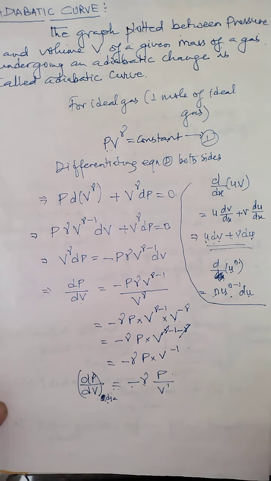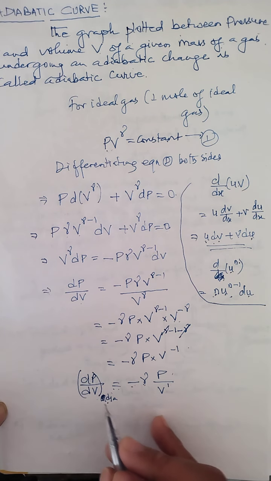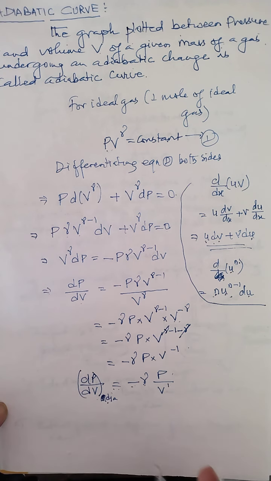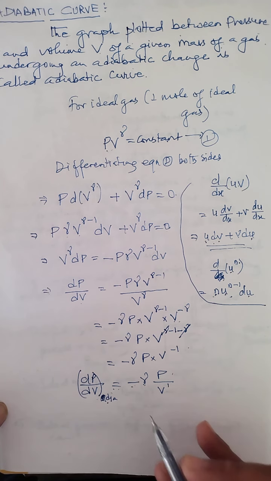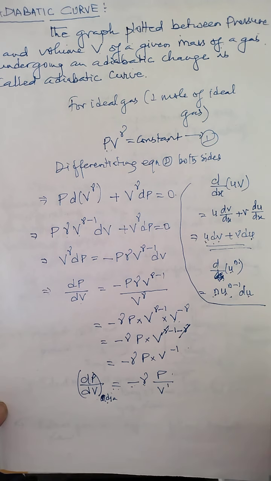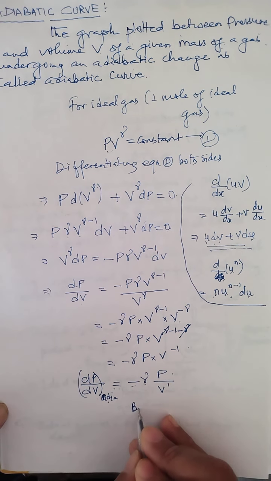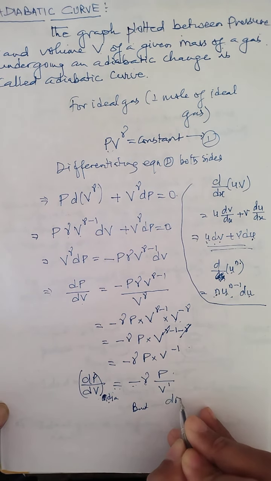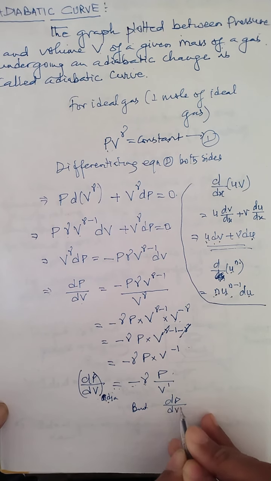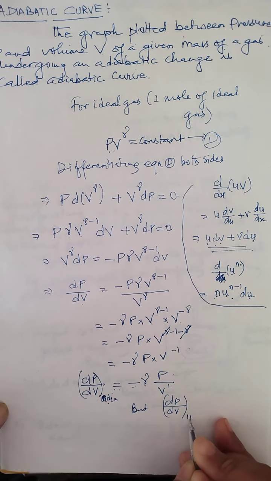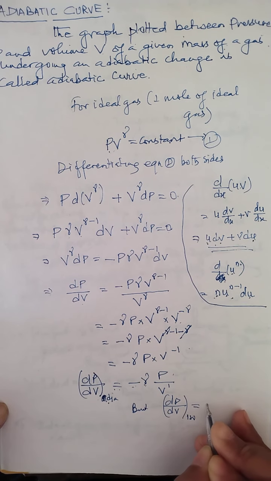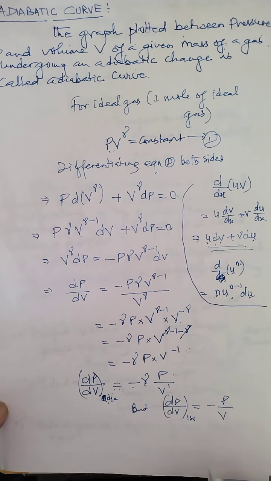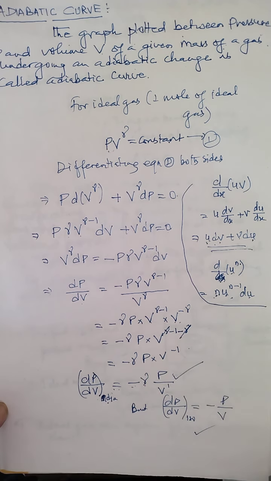Okay. Now, after calculating the slope, I will compare the same slope of the adiabatic process with the slope of the isothermal process. As you know, the relation is dP by dB with isothermal process equals minus P by B. Yes, this is also the slope, but for the isothermal process. And this is the slope of the adiabatic process. So with these two slopes, we can compare which slope is more than the other.